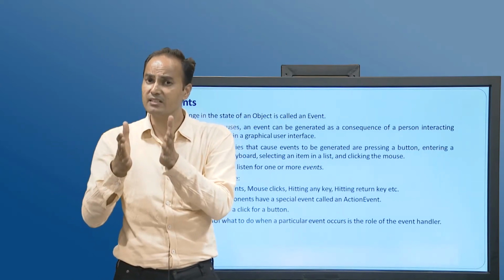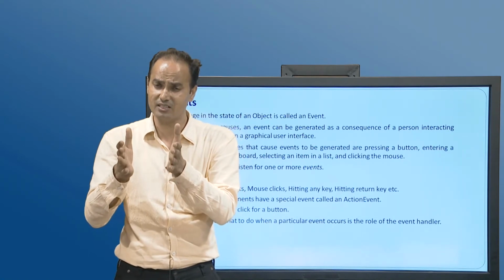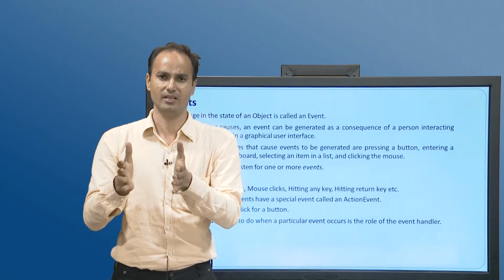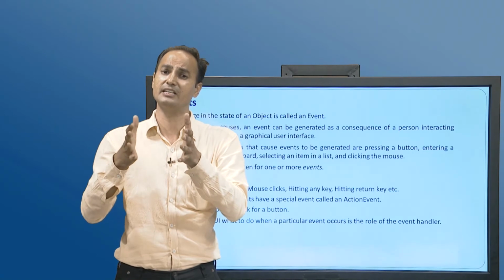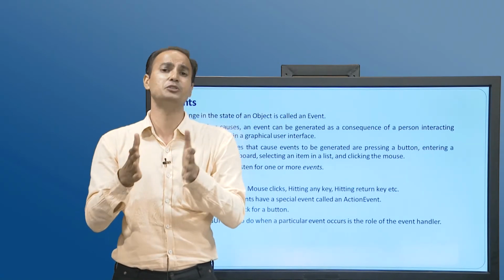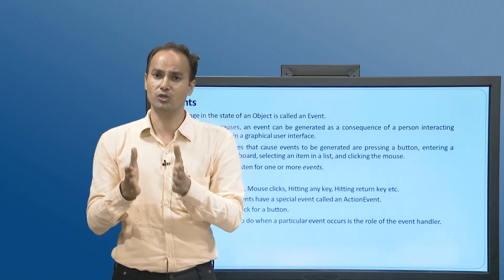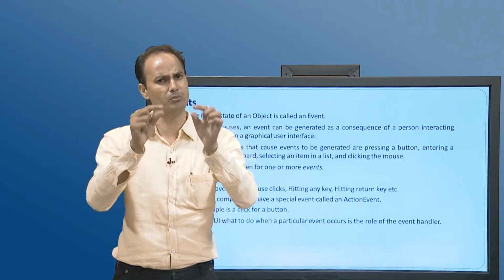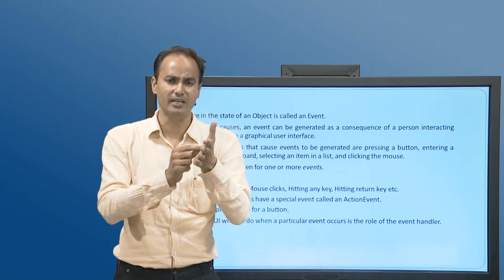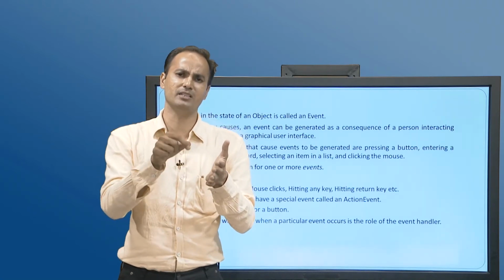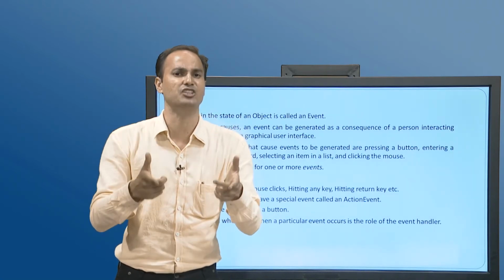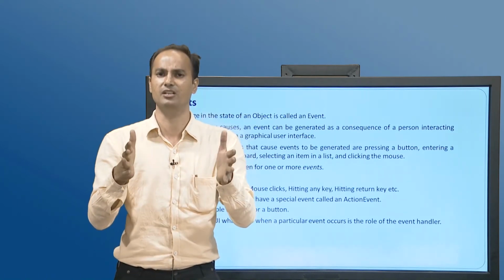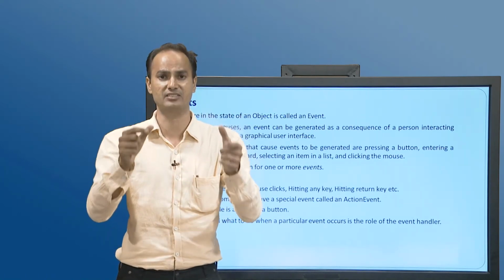So, what are these listeners? These listeners are generally known as interfaces. In Java, they are the interfaces which are responsible for handling the event. Now, if you are talking about a button, for example, if we click on the button, it triggers an action event. Which event? Action event. With respect to a button, it is an action event.